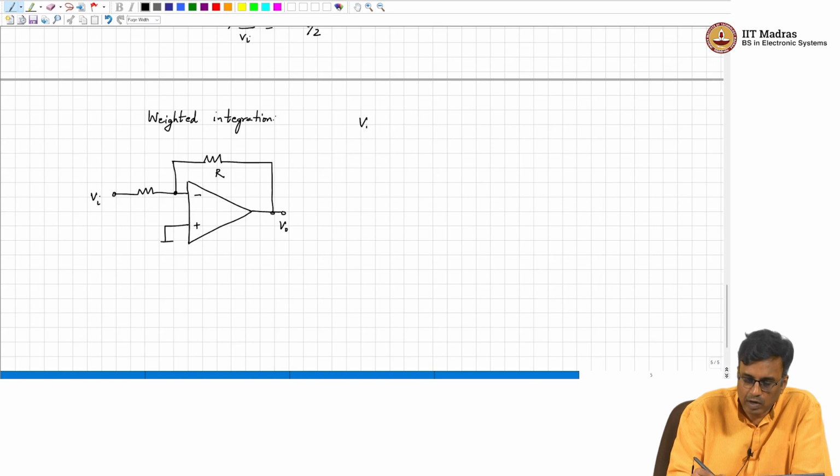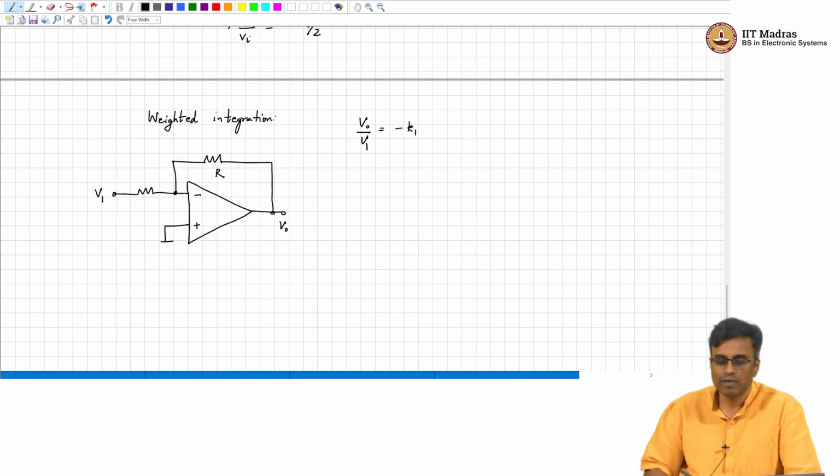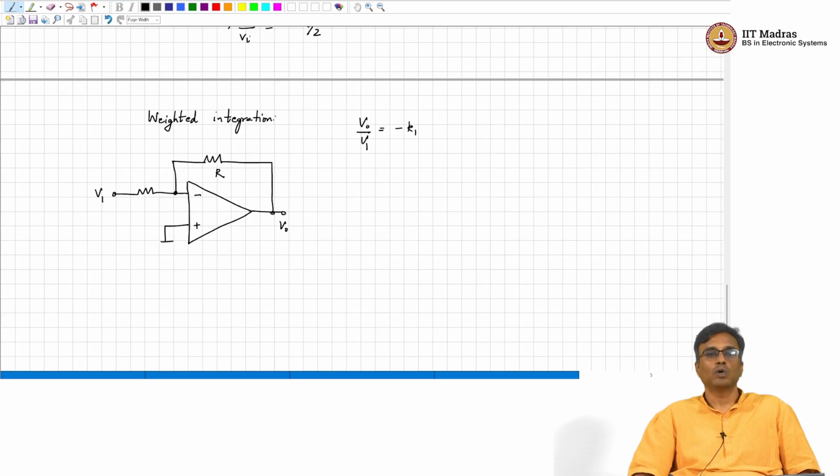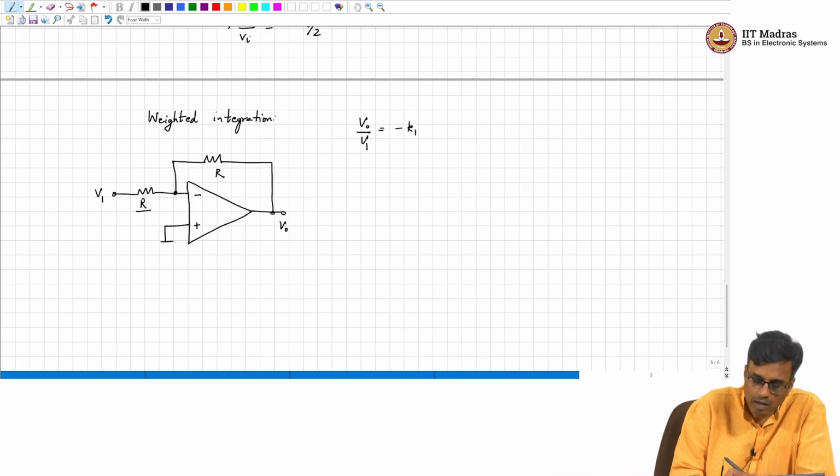Let us say we want Vo by V1 to be minus K1. What should we do? The resistance value should be R by K1,